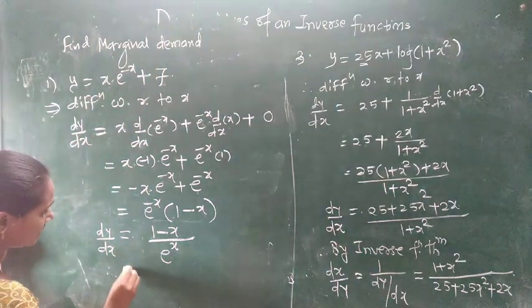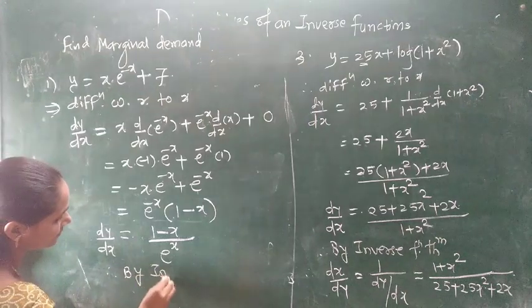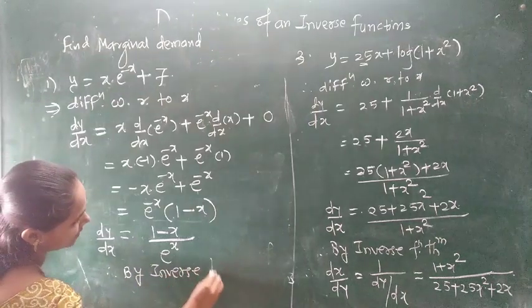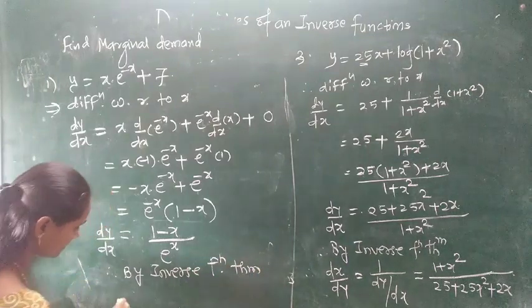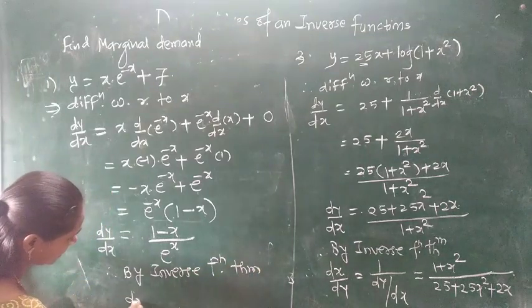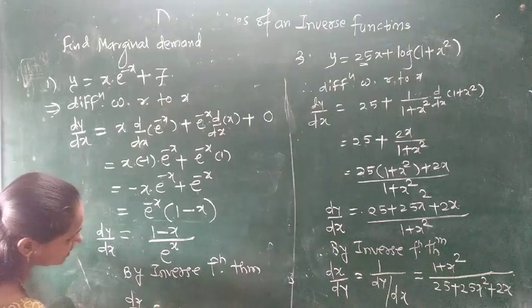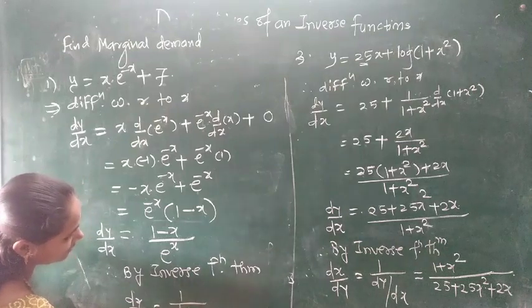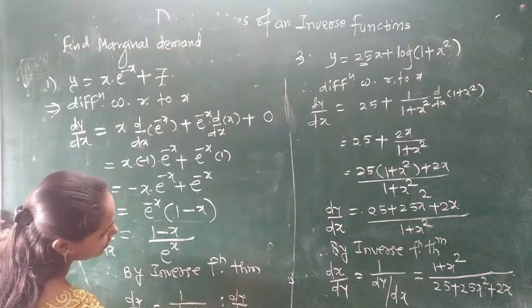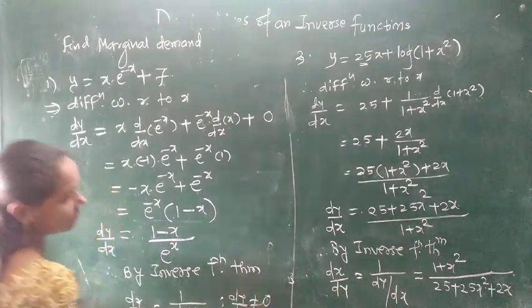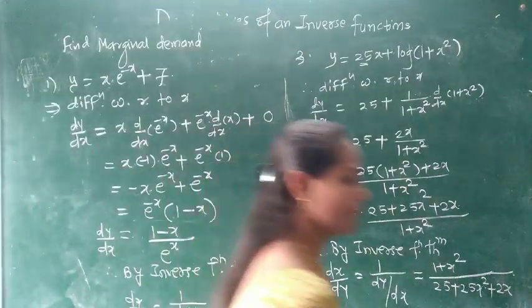So again, by the inverse function theorem, dx upon dy is equal to 1 upon dy upon dx, such that dy upon dx is not equal to 0. This denominator is never 0. Therefore,